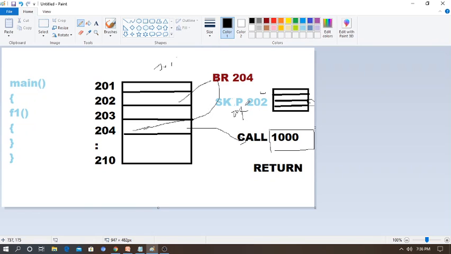That means, suppose your PC value starts and executes the instructions 200, 201, 202, 203, 204 and so on. We are giving skip at 202, so it executes 200, 201, 202 and stops at 203. It skips 203 and moves to 204 and continues the instructions. That is the use of skip.